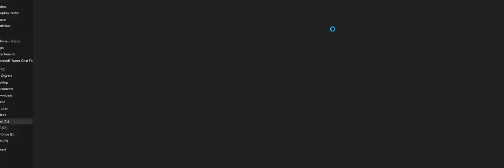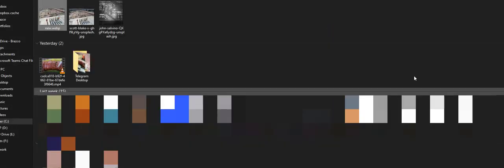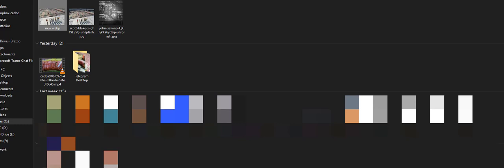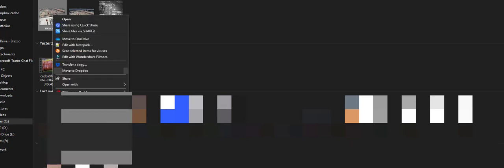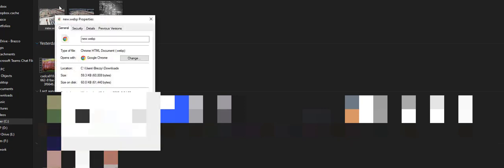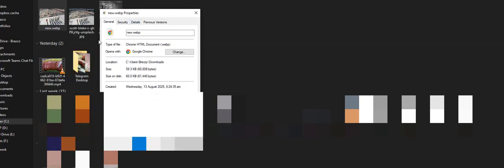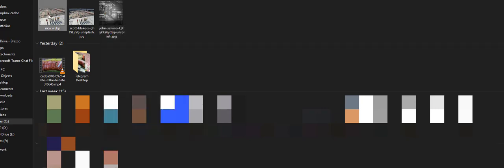Okay, so let's open. Let's see the new size. This is the new size. Right click, properties. So 59 KB. Let's open that one.